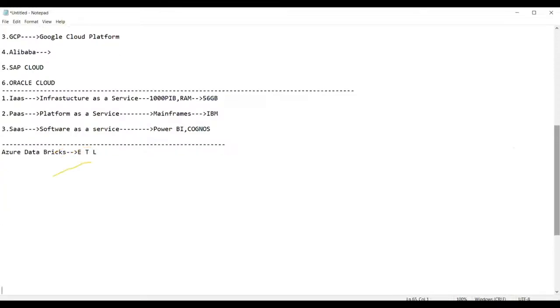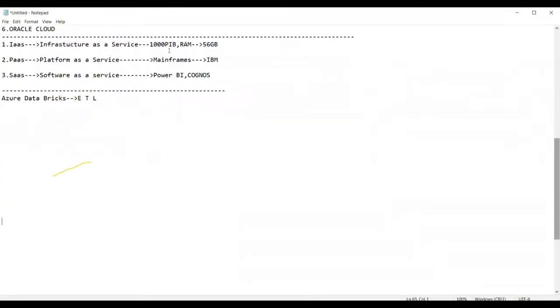Guys, here I have some data. I'm using this as a source, and in the bottom, I'll write the target. My query is that I have the data of a supermarket, and the supermarket data is given like this: product ID, product rate, product quantity sold, and date of sales.